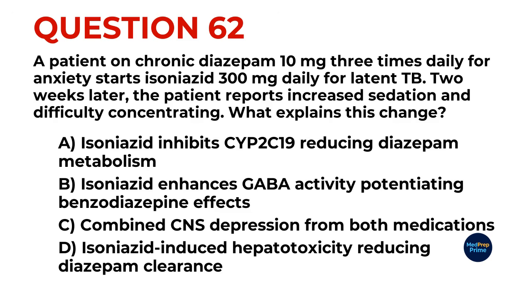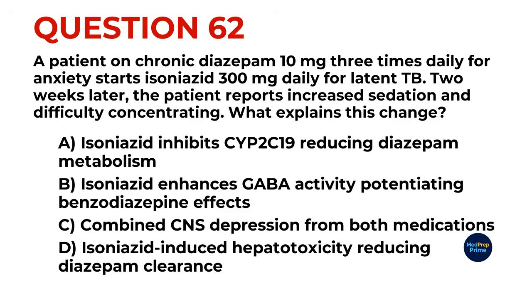A patient on chronic diazepam 10 mg 3 times daily for anxiety starts isoniazid 300 mg daily for latent TB. 2 weeks later, the patient reports increased sedation and difficulty concentrating. What explains this change? Option A,